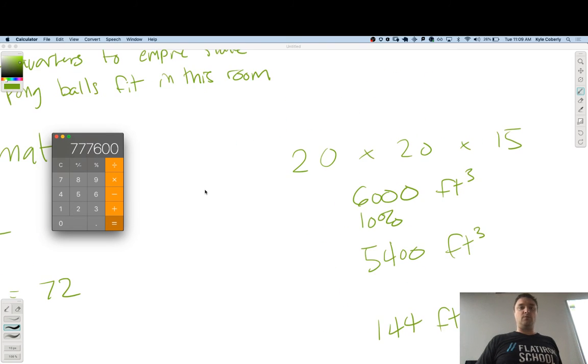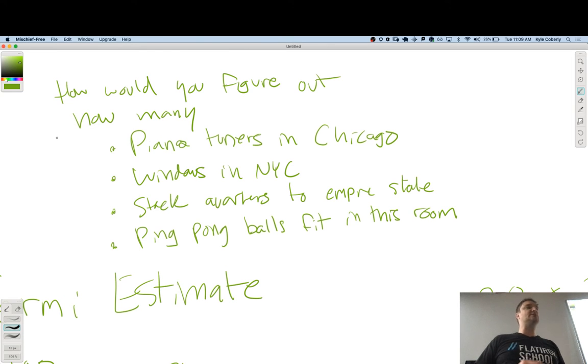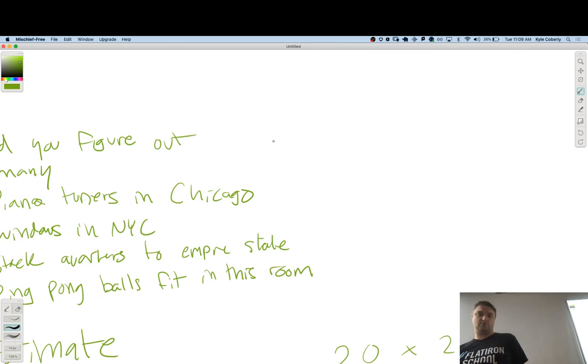Cool. So the hard one, piano tuners in Chicago. What are some factors that you would use to figure this one out? Population of Chicago. Wait, but that one, you just get a white pages and look up how many piano tuners there are in Chicago. That's the thing about logic puzzles sometimes, I'm just like, that's not logical.